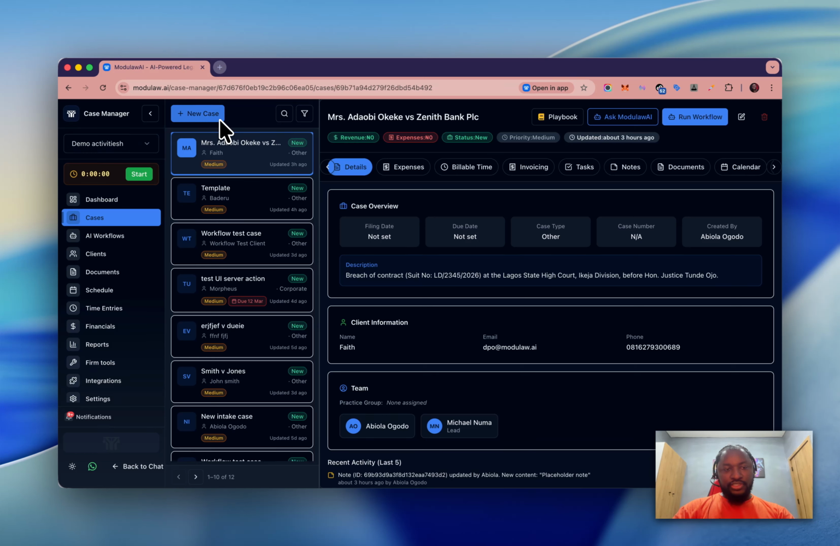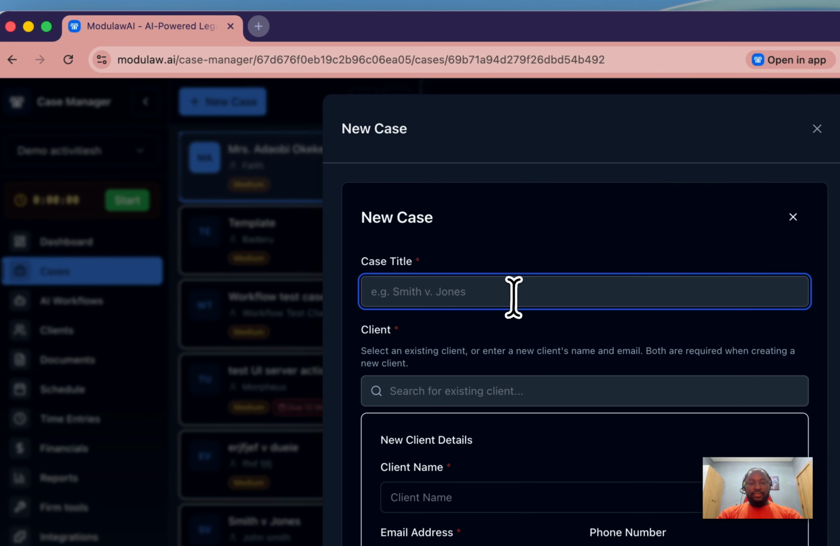So how do you create a new case? This is how to do it on the case manager. All you just have to do is come to cases, click on new case, fill in the details,